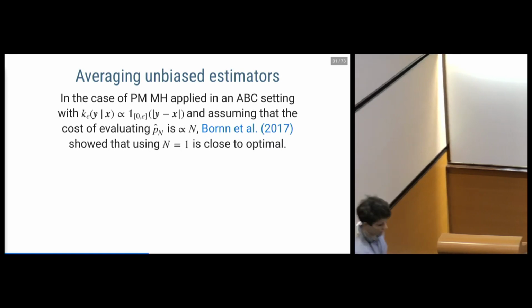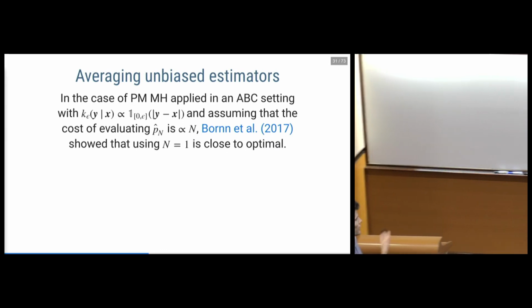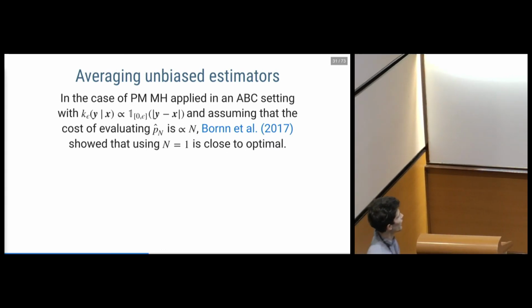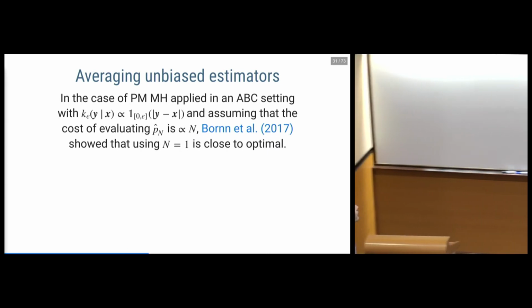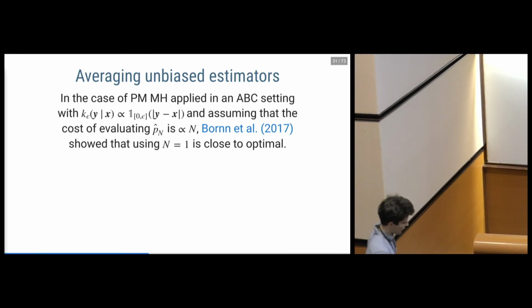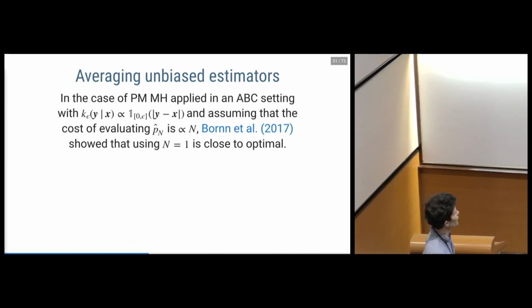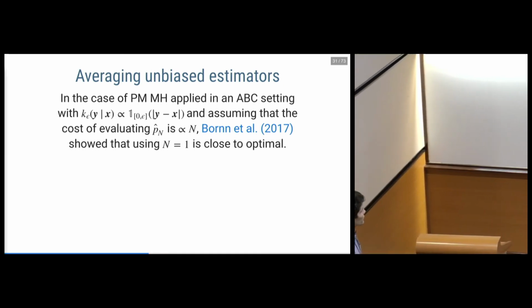So this kind of idea was considered somewhat more formally, and specifically in this particular paper within an ABC setting, in this recent paper of Luc Bohn and colleagues. This comes up with this kind of guideline for choosing the number of importance samples within the density estimator used in an ABC setting within a pseudo-marginal MCMC type approach,